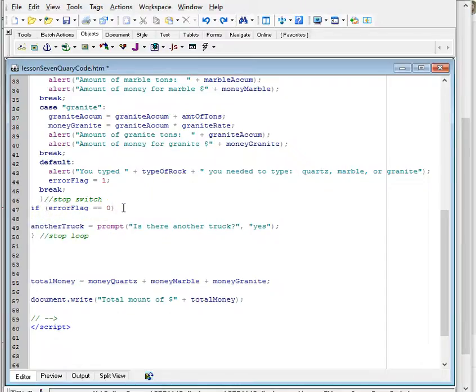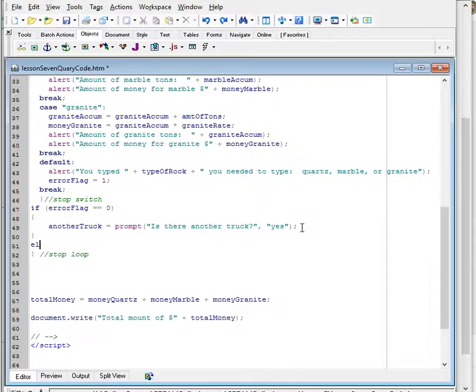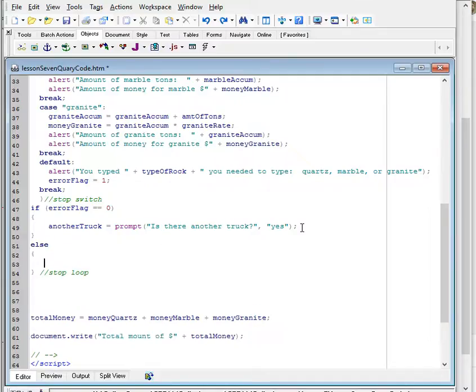If no error occurs, then we're going to do this input. Right? And then that's the end of the if. Then else, meaning an error has occurred, we're going to actually do two things. The first one we're going to do is another truck equals